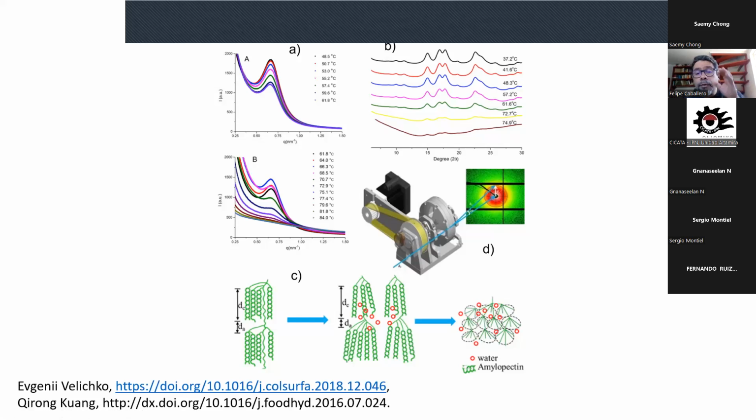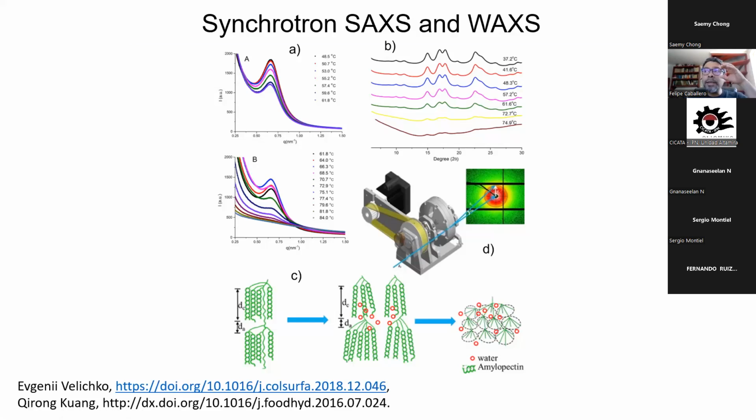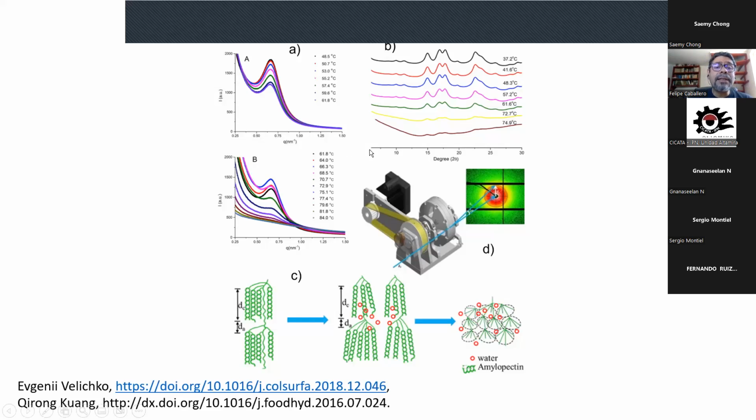But in the case of macromolecules, such as proteins and carbohydrates, the molecules are very big, so the lattice parameter is very big. So the diffraction has to be observed at very low angles, at angles below 5 degrees. So the SAXS region is from the left to this one. Yes. So this is our typical SAXS